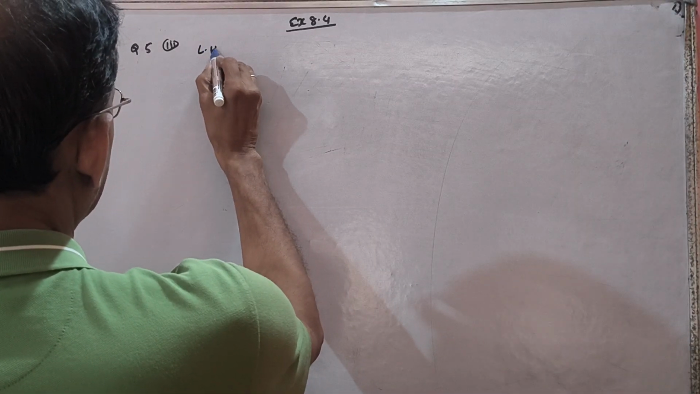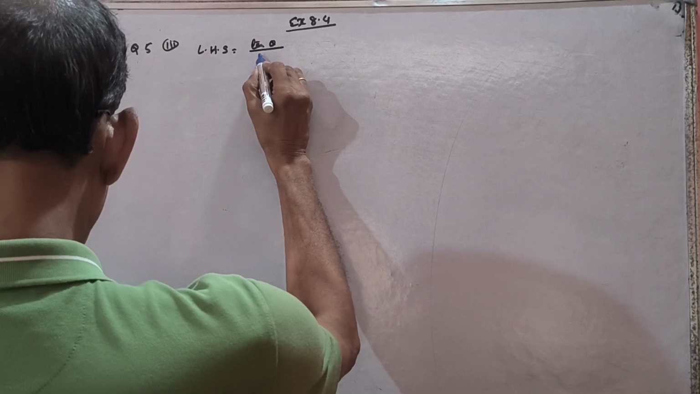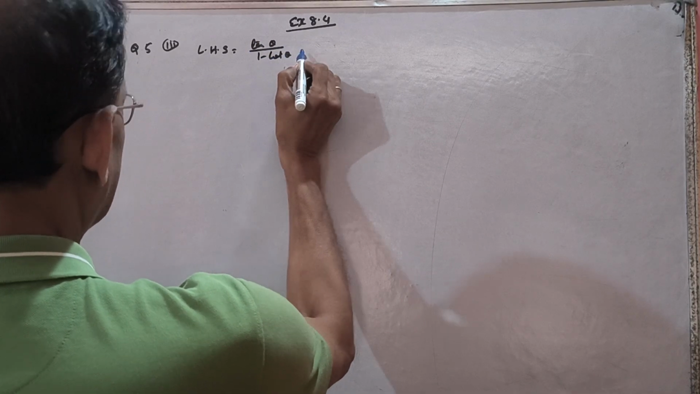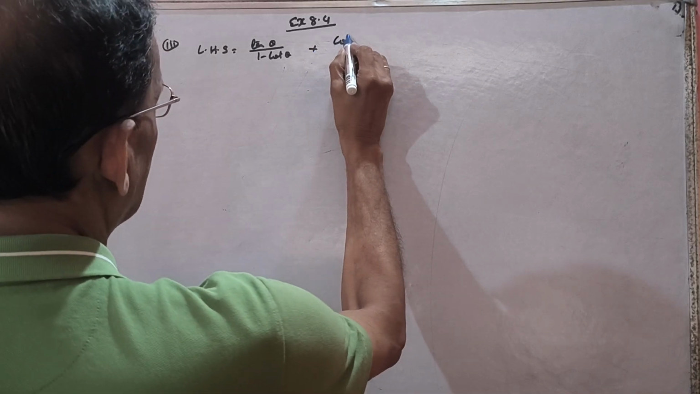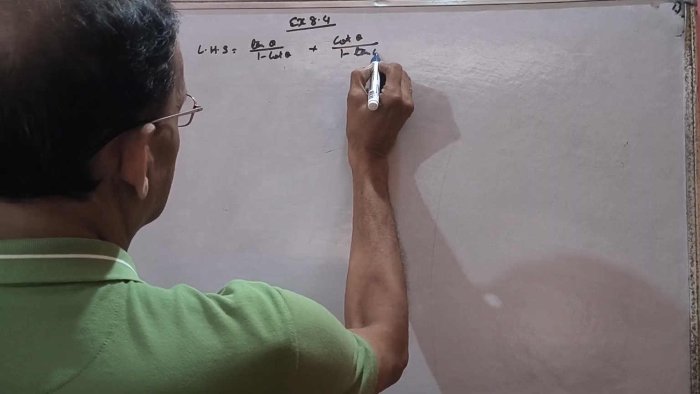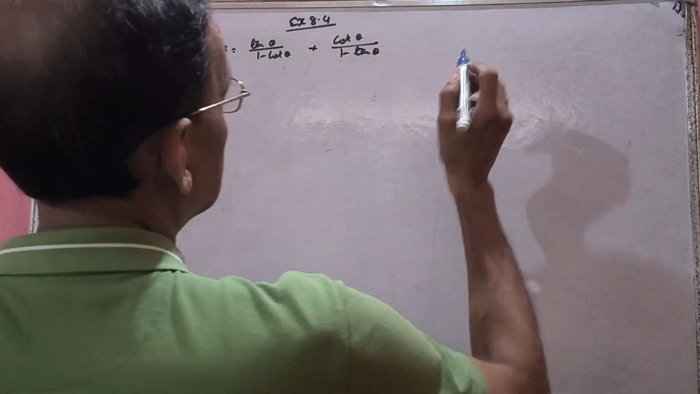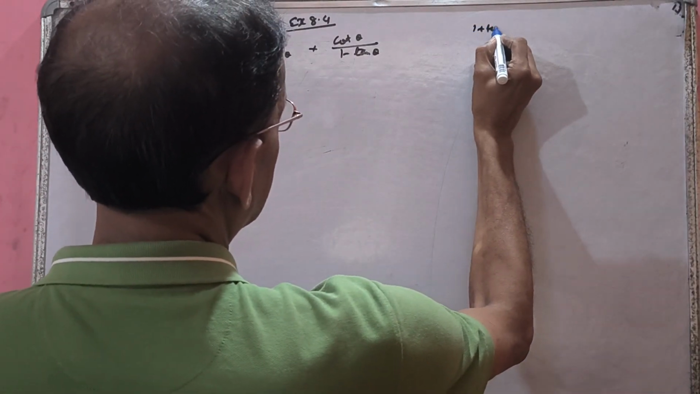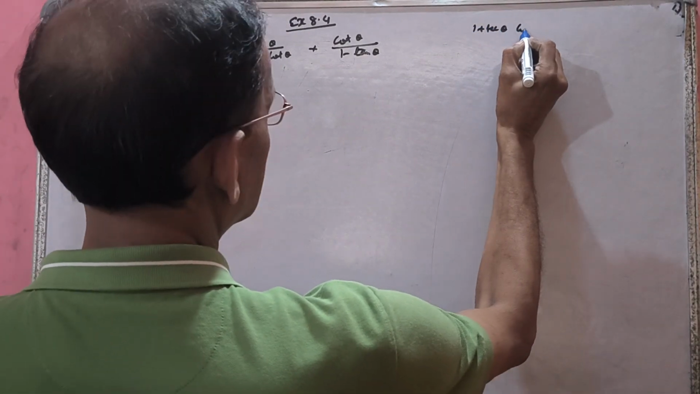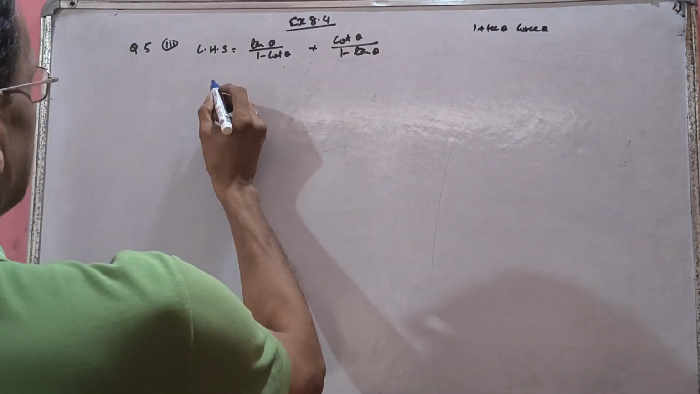We will take the left hand side: tan theta by 1 minus cot theta plus cot theta by 1 minus tan theta. This is the left hand side. The right hand side is given as 1 plus sec theta into cosec theta. So we will get it later, okay? So take the left hand side, convert